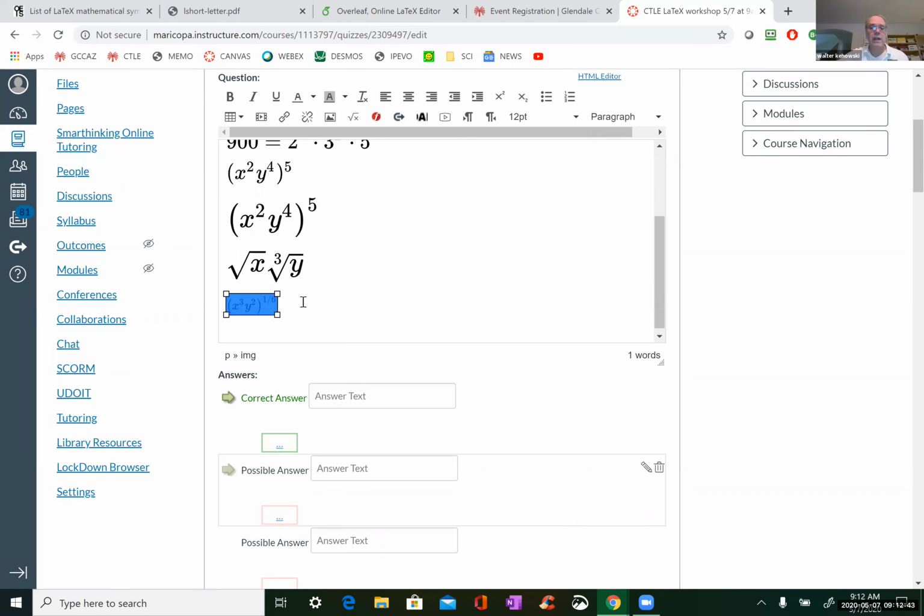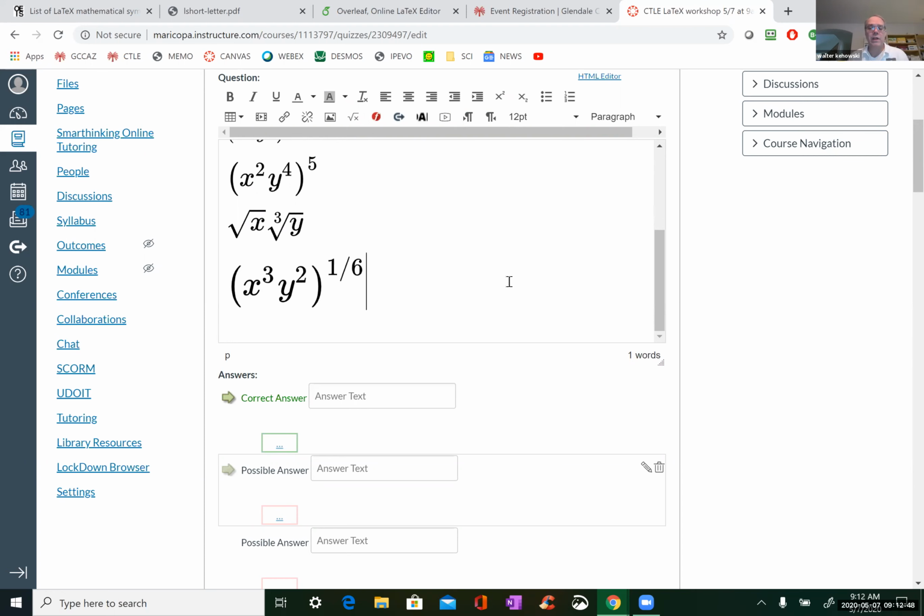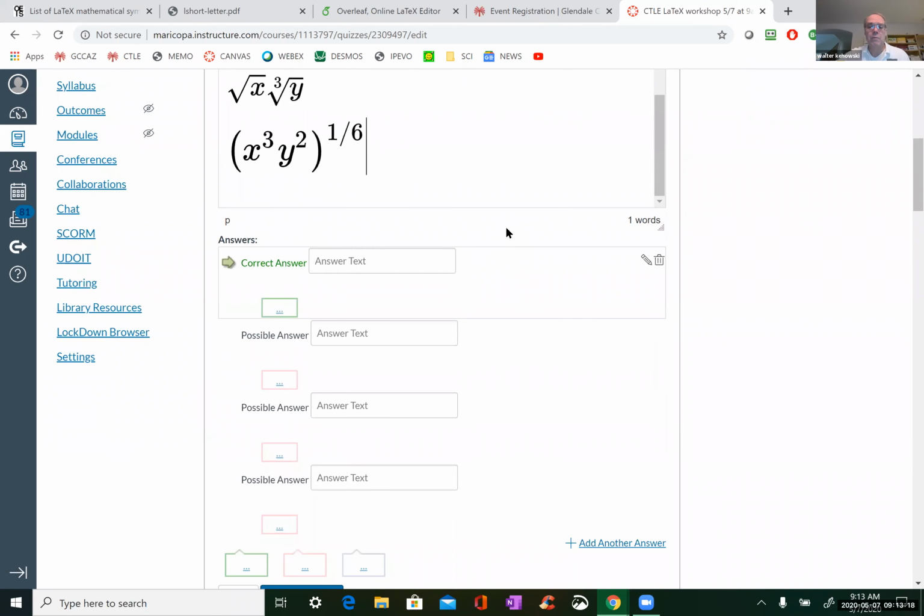And you can see again that it will balance everything. The parentheses will be dynamically adjusted for the size of the expression. Okay, and that's how you can do radicals. And of course, that cube root can be anything. That can be a fifth root, fourth root, any other kind of root you want to do. Okay, so those are radicals.